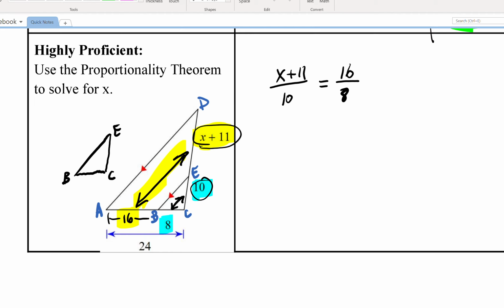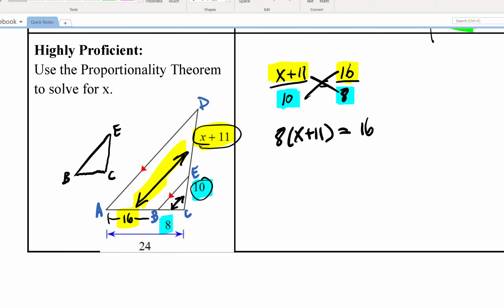So x plus 11 to 10 and 16 to 8. Okay? All right. Now to solve this, I'm going to cross multiply. So here and here, 8 times x plus 11, make sure you put those in parentheses, is equal